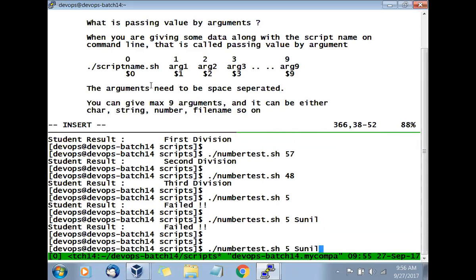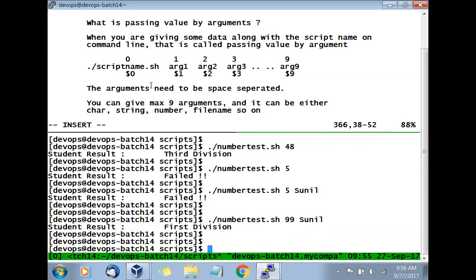The result will fail only because of the marks. If I say 99 marks, we see that it's going with it, but it will ignore the name because we have not used the name as an argument. Is that clear? But if I want to use that name, I need to modify my script. Is that clear?